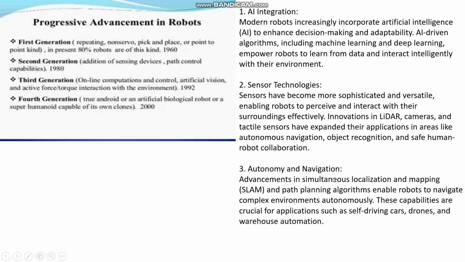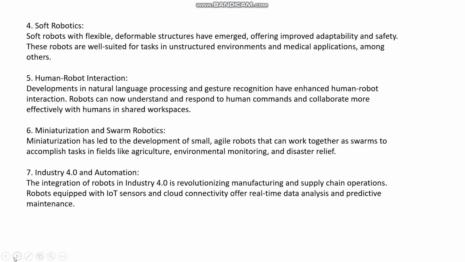And again, autonomy and navigation. This is another one, simultaneous localization and mapping. This is an important feature, and the path planning algorithm enabled the robot to navigate complex environments autonomously. These capabilities are widely used in self-driving cars, drones, and warehouse automation applications. Coming to soft robotics, this is the best example, but I don't want to just go through the text